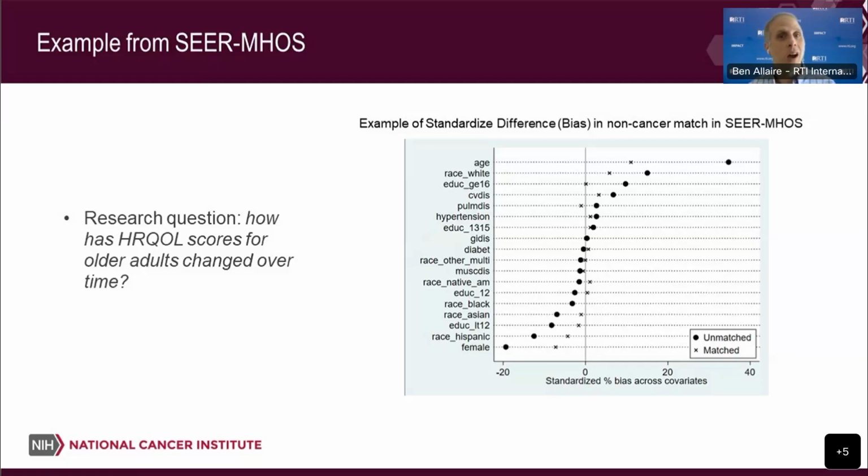The comorbidities that we have in there, so that's what the CVD DIS is. So like that's CVD, and we've got a couple of different of those, and we've managed to reduce the bias a fair bit. I will tell you, when we look at the race variable, there may be some standardized bias that's greater than 0.1, and so in this model, we actually included the race variable as part of our covariates after we matched, because we were unable to get it under that 0.1 threshold. So we included that there. Next slide, please.